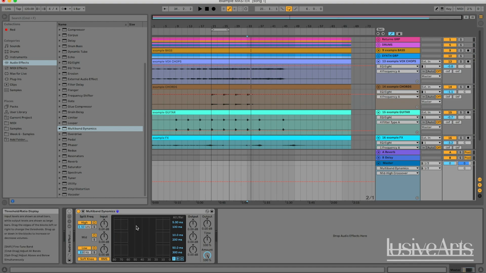Now this isn't the most user-friendly compressor, I have to admit. It gives you these weird little transparent blocks here, which you can use to affect the thresholds. And if you drag up and down these blocks here, you affect the volumes. So if I drag this up and then drag this block across,